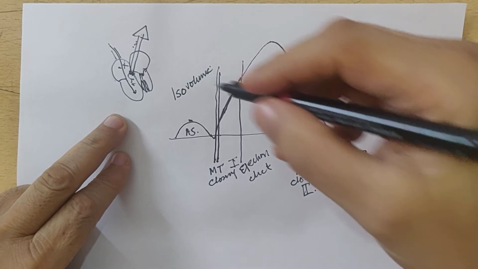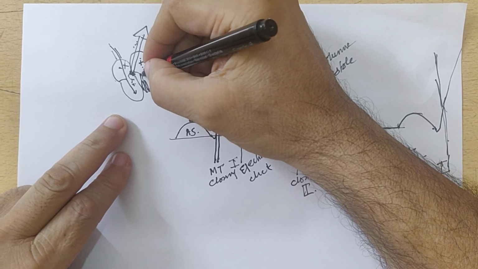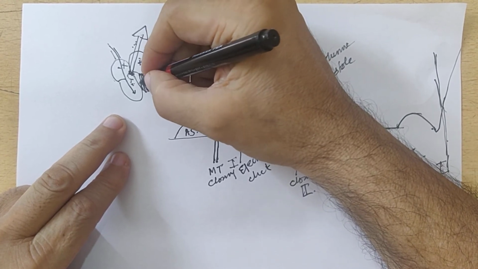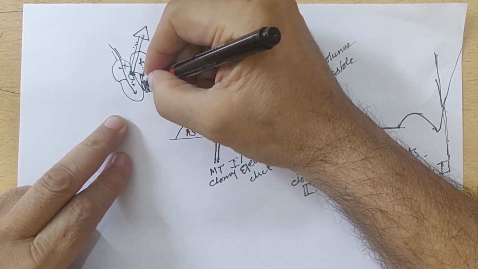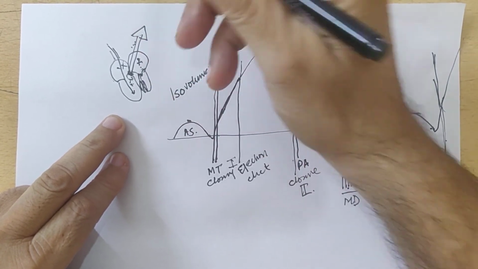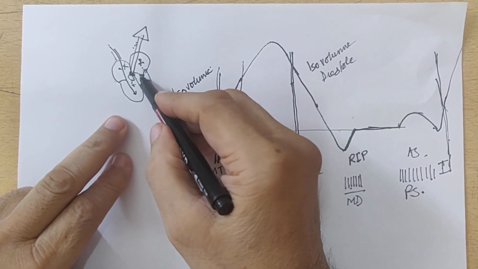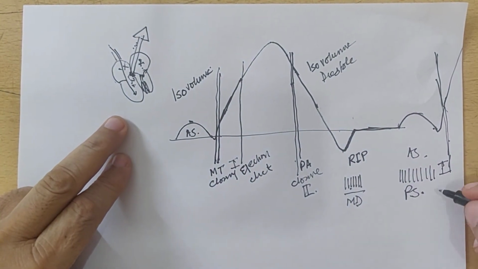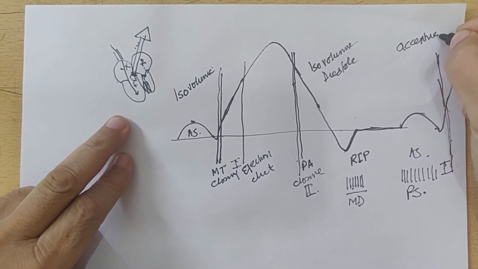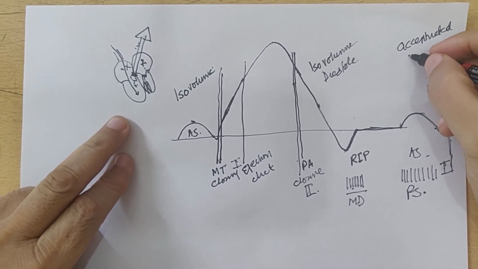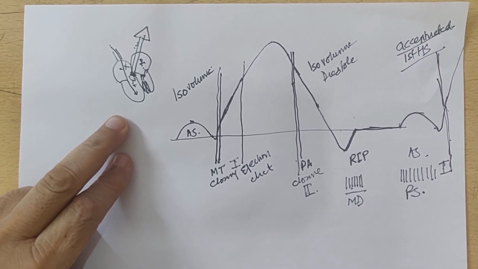Now the other thing is that since the pressure in the left atrium is much higher because of the back pressure, then the ventricle will be able to exceed the atrial pressure at a much later stage when the ventricle is contracting much faster. So instead of shutting the mitral valve, it will bang the mitral valve shut, and this is called an accentuated first heart sound. So this is the third feature.